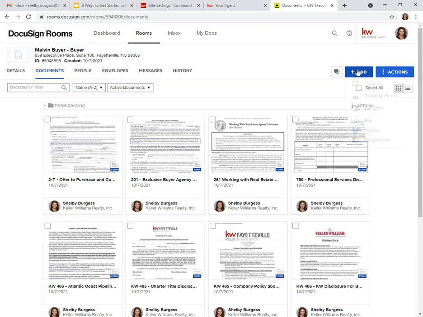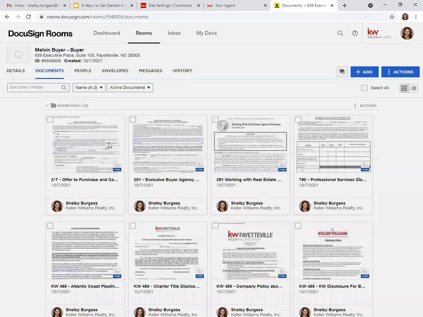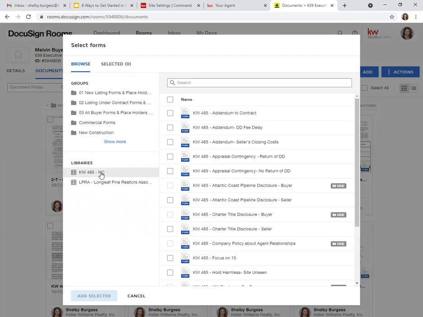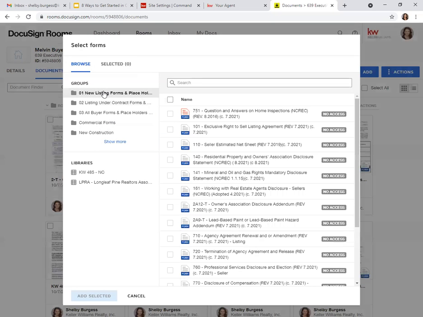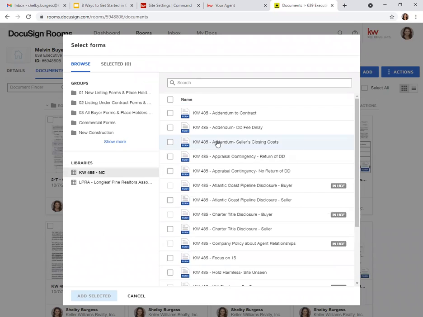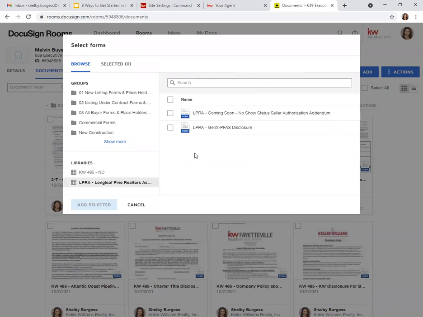If I go to add in DocuSign forms, it's going to say no access to all of these, your typical documents that you're used to using. I, of course, can access all of the Keller Williams ones and also the coming soon addendum and Gen X from LPR, but I won't have access to any of the contracts that you're typically used to. To change this,